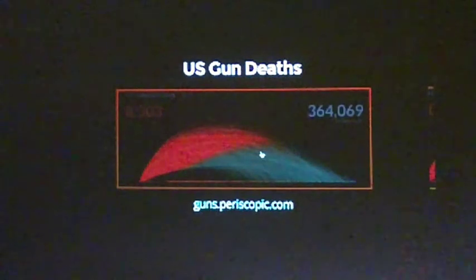Yeah. It's interesting how you can use these sort of things to put your point of view about the data across in a certain way. Yeah, and this is very much designed to be anti-gun. Yes, it is. Yeah,